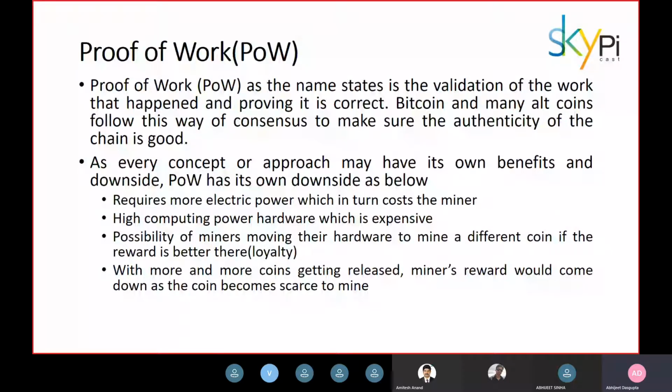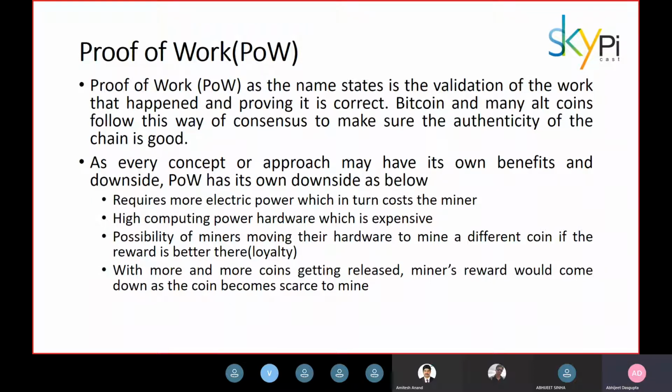To understand how it works in simple terms, assume that you are appearing in a maths examination along with other students in your classroom. The student who can not only come up with the correct answer, but also comes up with the complete proof and the steps of arriving at the correct answer first gets the reward. As we know, this needs the student to have a lot of brain power, which naturally consumes a lot of energy from the body.